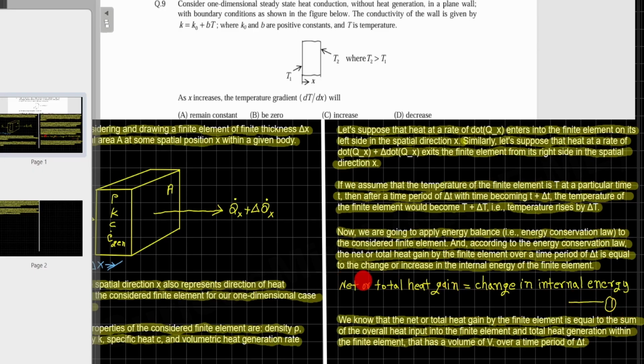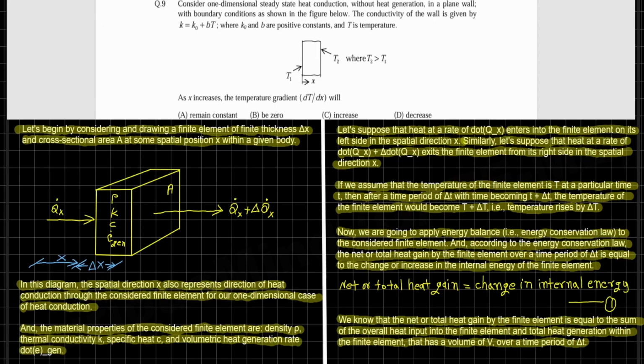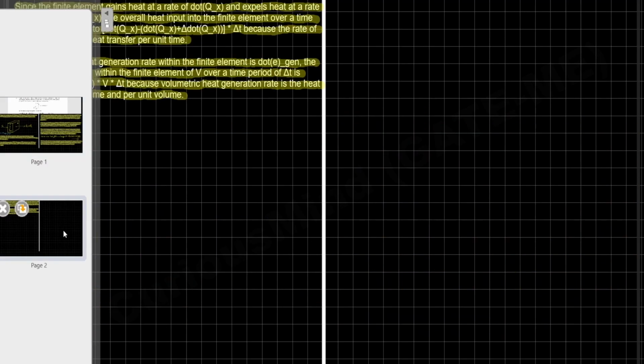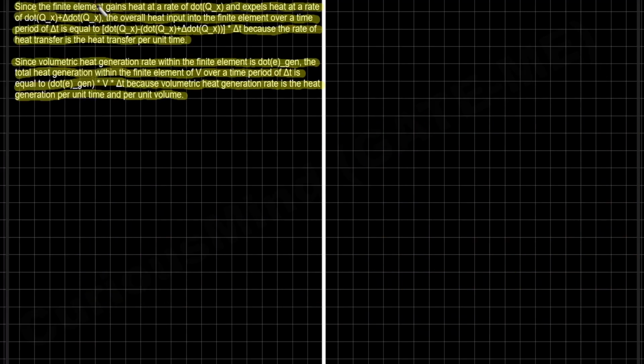Alright, on the left side. Alright, so after plugging in the sum of this and this expression into the equation 1, we get this expression. Alright,